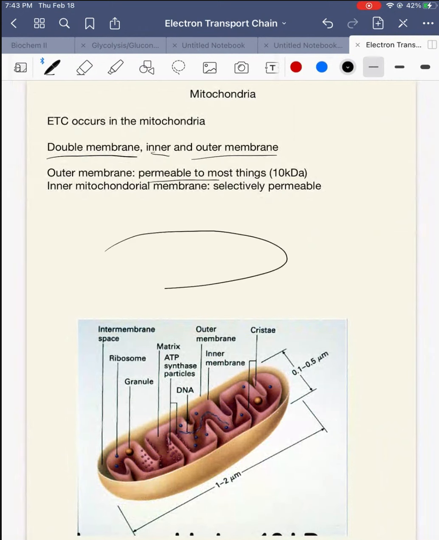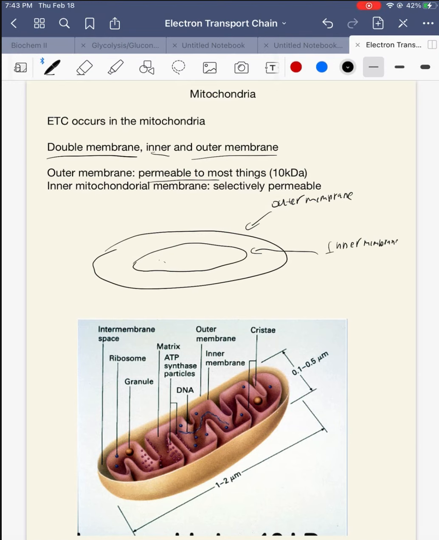I'm going to try my best to draw this. And then we have the inner membrane. So this would be outer membrane. And then we have the inner membrane here. Inside, we'll just say it's the matrix now, but it loops around like you see in this graph, and it's called a crista shape. I don't know how to pronounce it, but inside is the matrix, and then between the outer membrane and inner membrane is the intermembrane